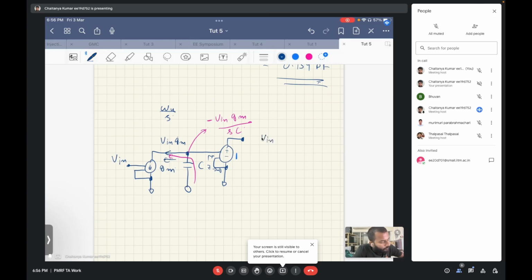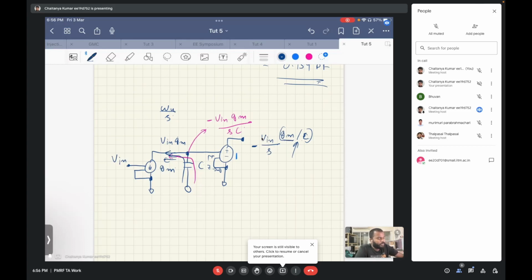So at the output we will have V in times S times this multiplied by GM by C with a negative sign. Why negative sign? Because current is being pulled out of this capacitor. So with this, basically, if we set the values in such a way that we have some omega u, so